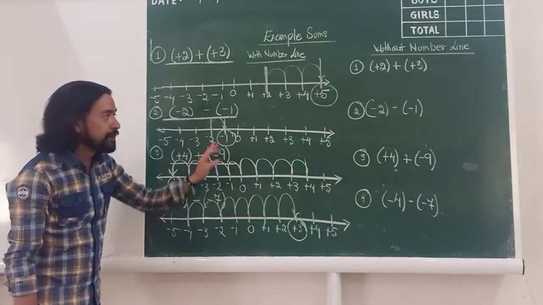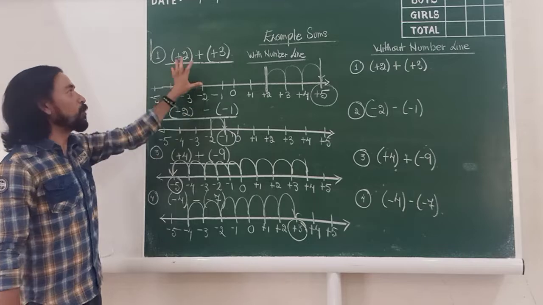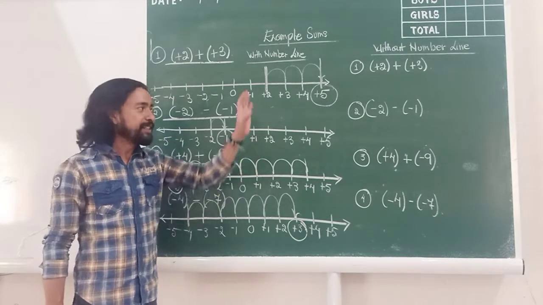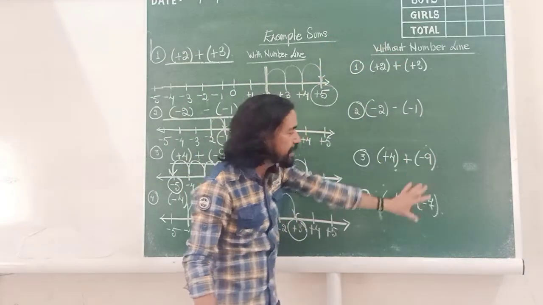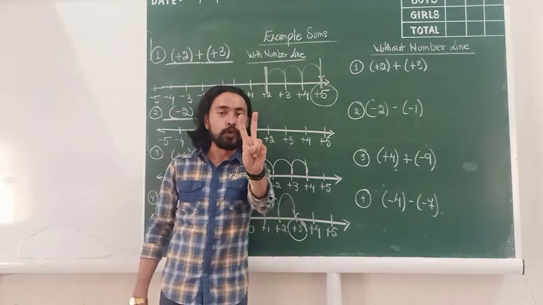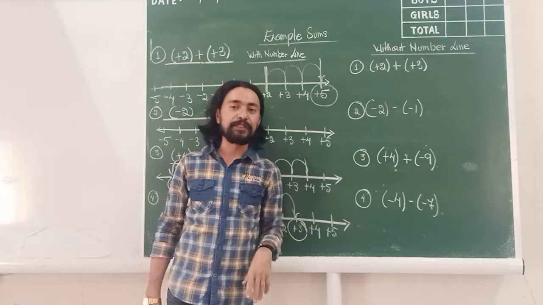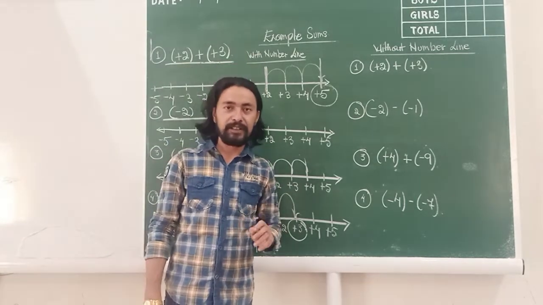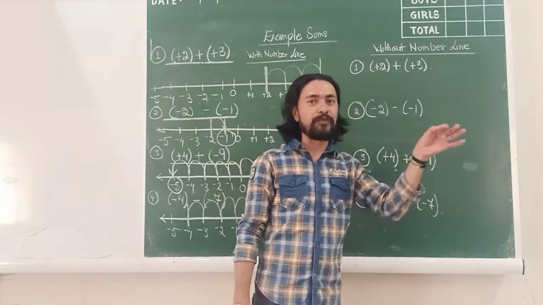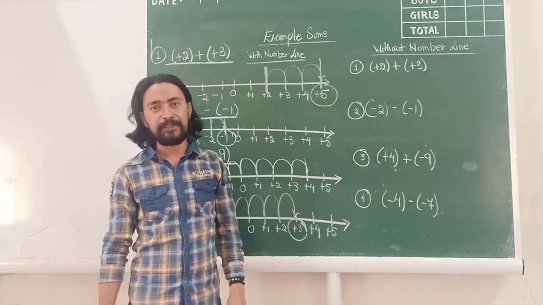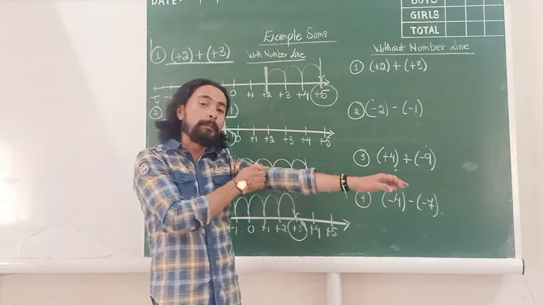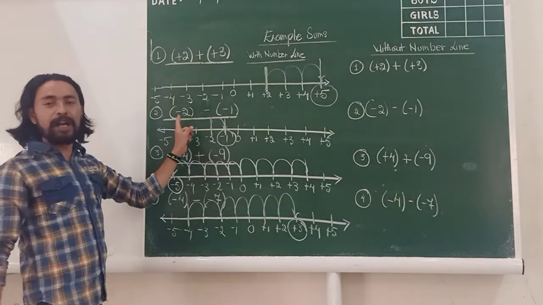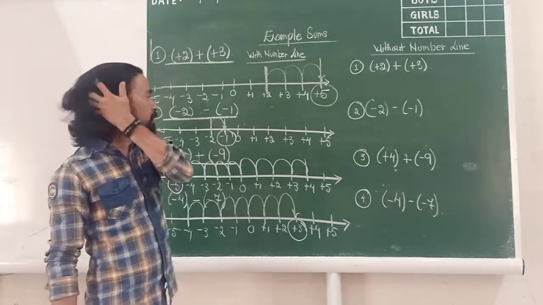But this is possible only when the numbers are small. When the numbers are big, then we cannot do it. Then we have to do it mathematically using the 2 laws that I have given you. One rule and law for addition and subtraction, and one rule and law for multiplication and division. Let's now apply those rules and see, when I work this out, does it come to the same answer?